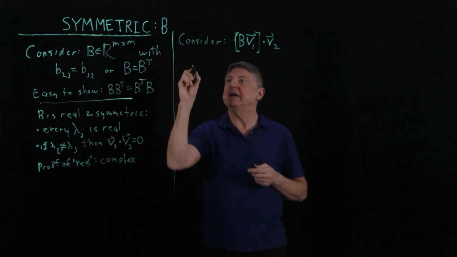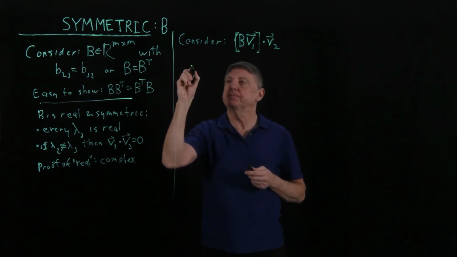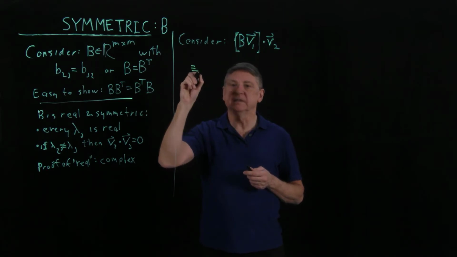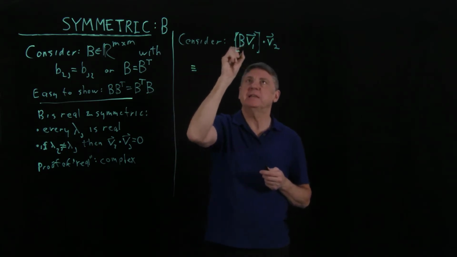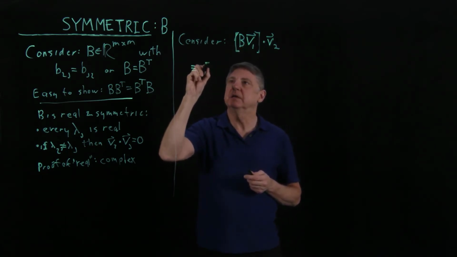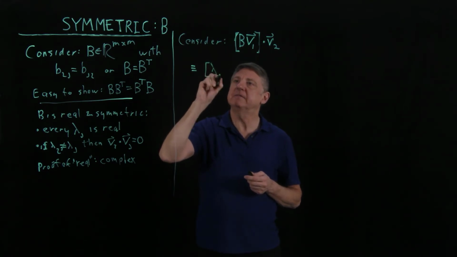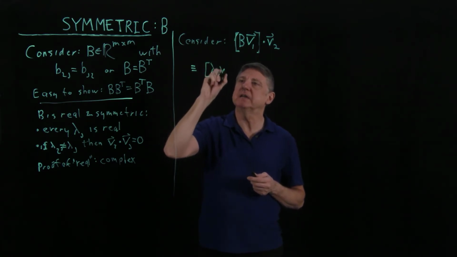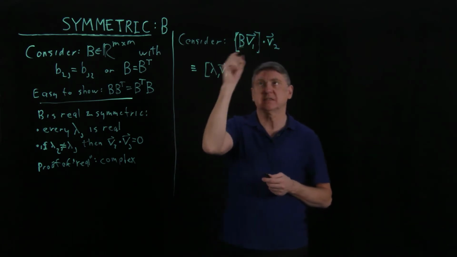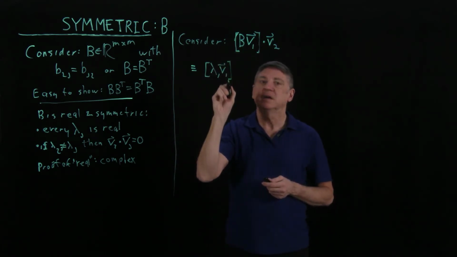So that is equivalent to saying, if I expand this, that would be eigenvalue 1 times eigenvector 1, because that's the eigenvalue equation,